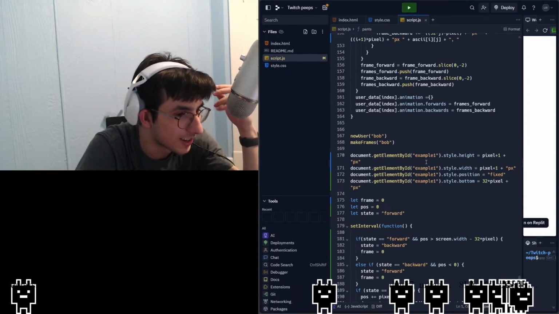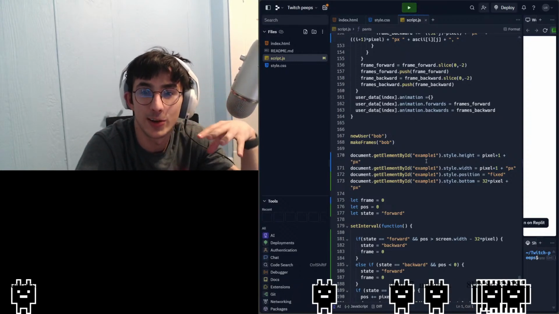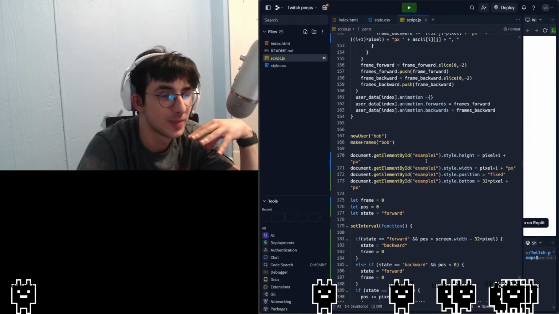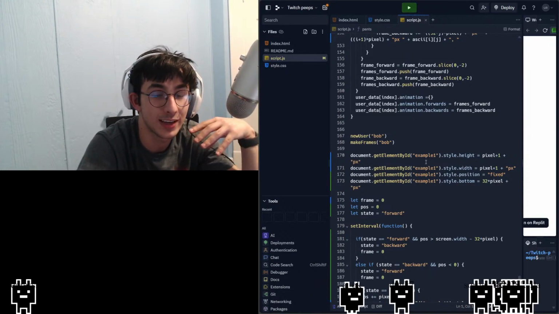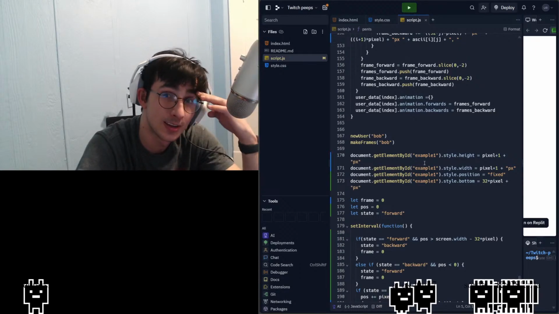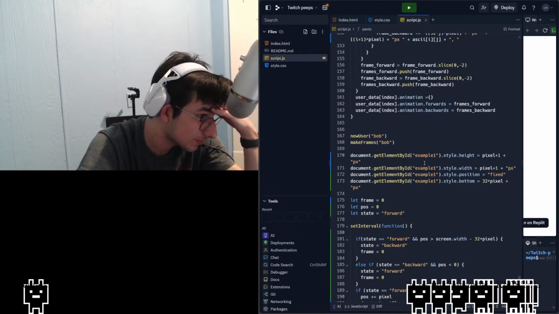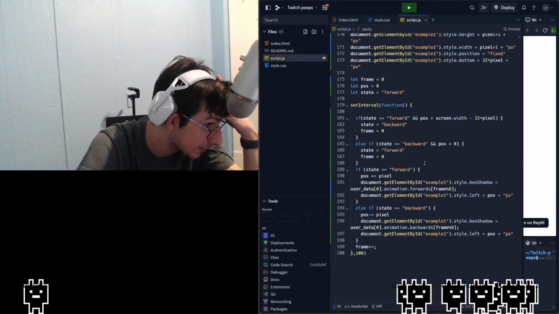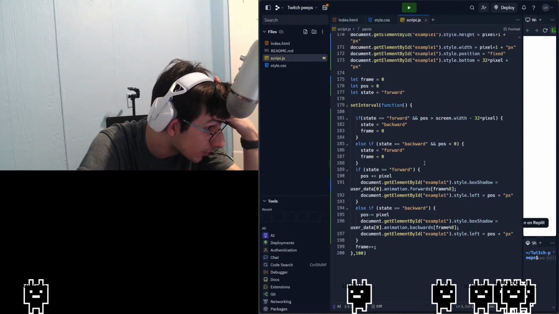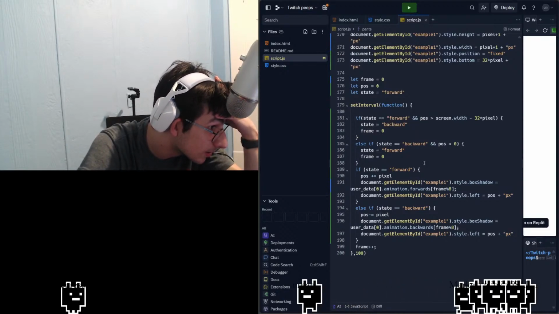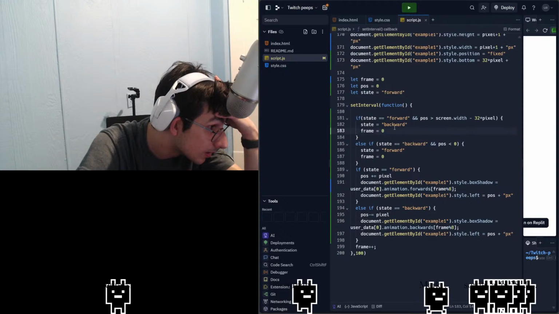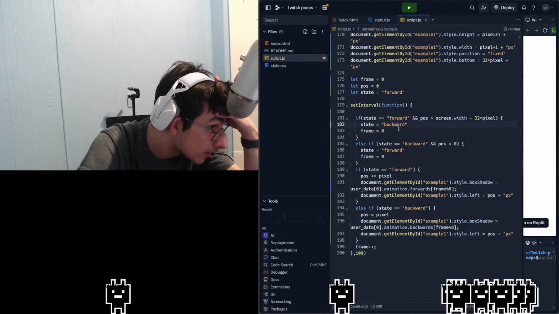How does this work? I have not looked at this code in so long that it's like reading hieroglyphics for me. Like there's symbols that mean stuff, but I don't know what I was doing. Okay, so